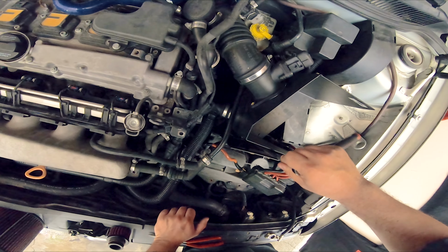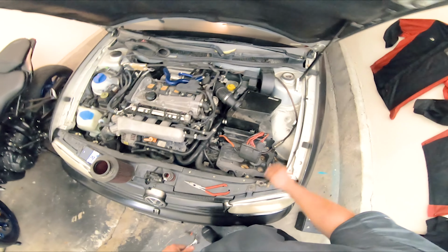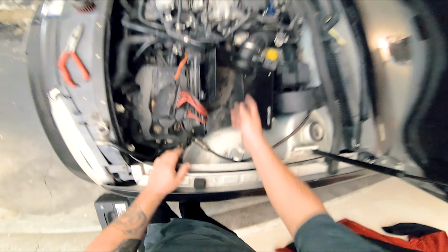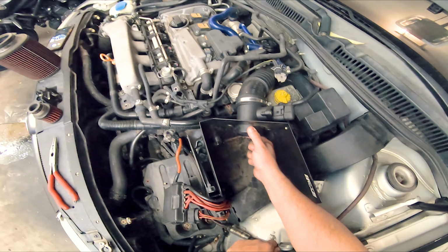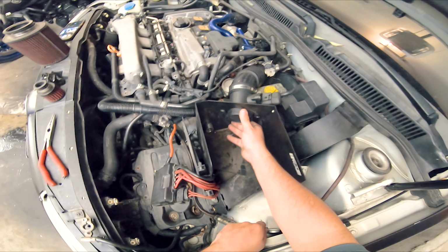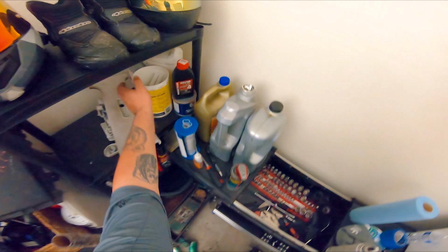And you're gonna tighten it down. So you can tighten that. Now that's not gonna go anywhere. So like I said, this is a hand-me-down intake. He's missing these bolts. What these bolts are meant to do is make sure the intake doesn't back out, you know what I'm saying? And I never had any problems, but for the sake of aesthetics,